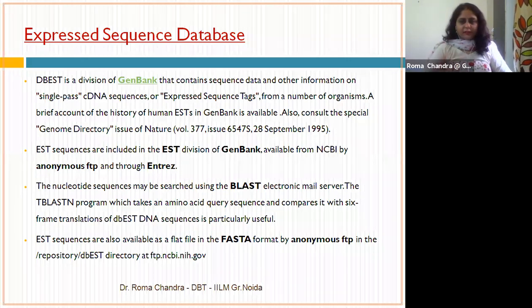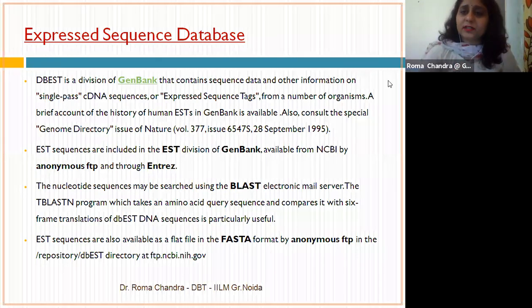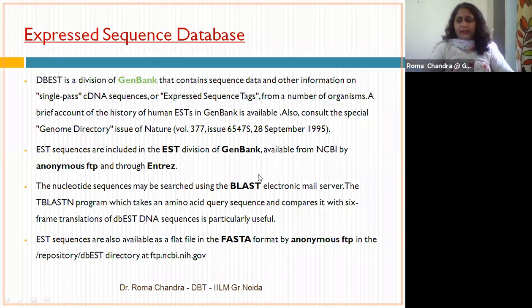You will have various organisms, and the ESTs are submitted in GenBank, and through Entrez is the system. Entrez is actually the system through which you can go and deal with the submission or the extraction of our ESTs. Okay,